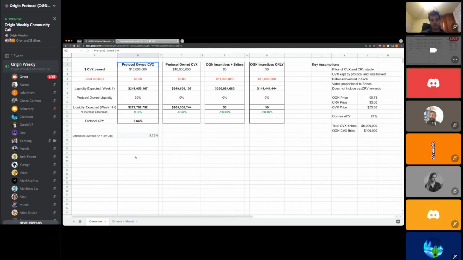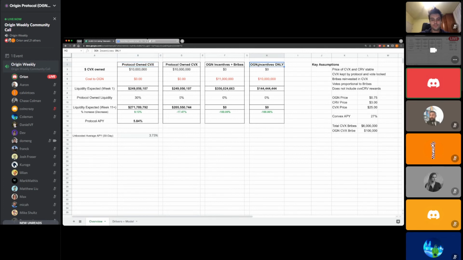Cool. So I can start with the high-level scenario analysis here. In general, yield farming is kind of like a drug. You have to wean yourself off of it because it's not long-term sustainable. So what I wanted to explore here is how Origin could maintain liquidity within the OUSD pool in a way that is more self-sustaining.